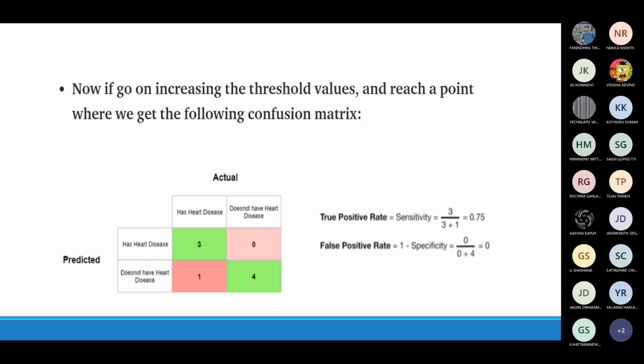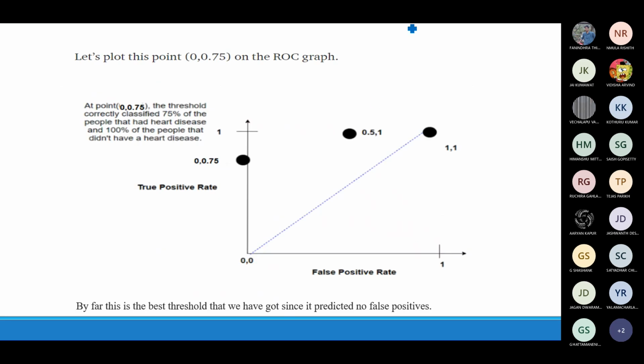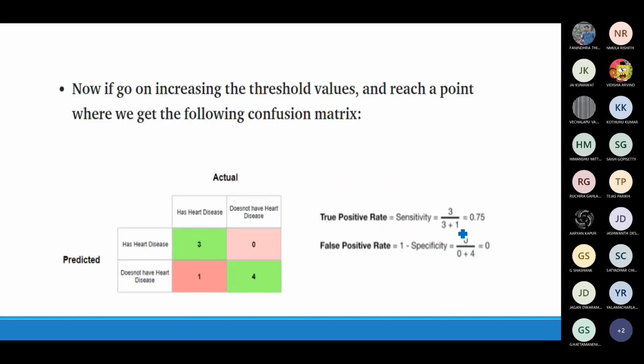Now you again increase the threshold, and you keep on increasing that threshold till it reaches the maximum point. So again, you will be getting different values that way. Let's say at this location, then at this location, and so on. Let's say at this particular location we have 0 false positive rate and 0.75 as the true positive rate. So now the false positive rate is 0.